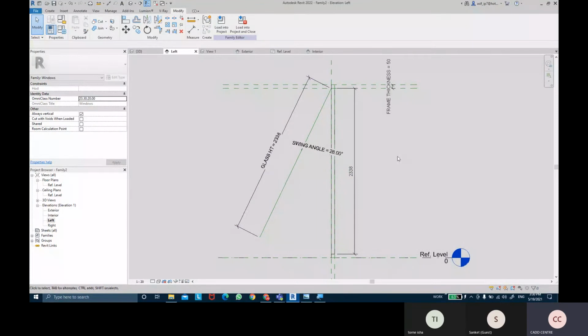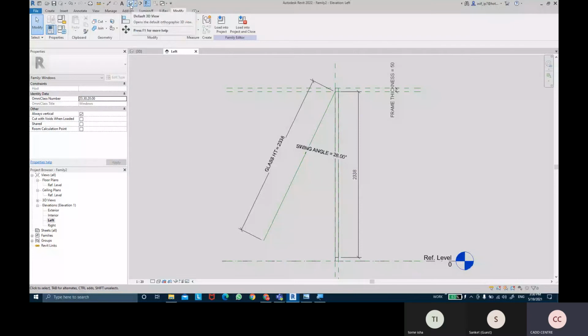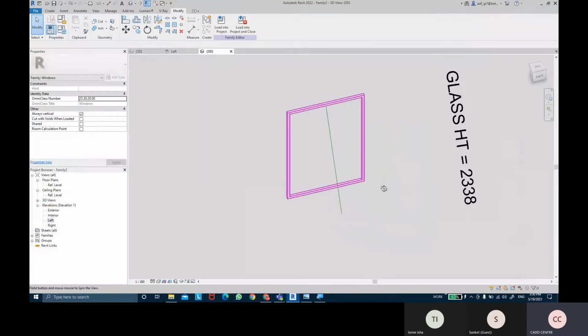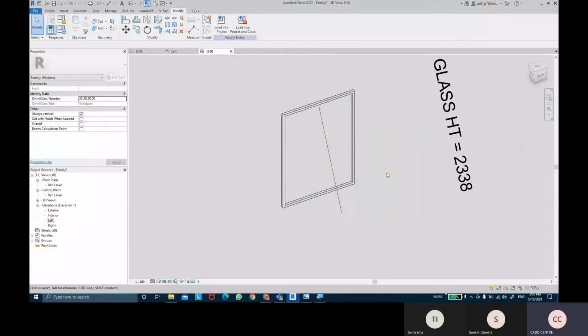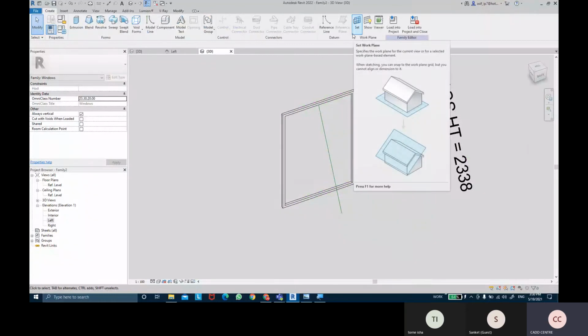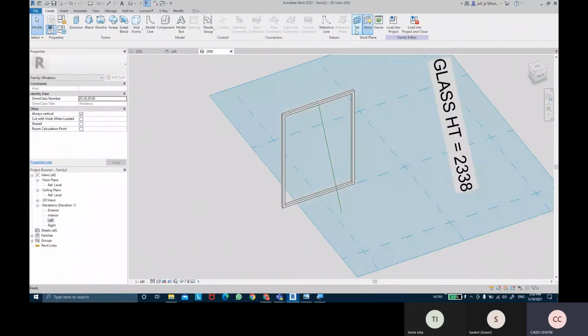So to create the glass for the awning window, I'm going to come into my 3D view, and now I can create the glass shape. Now before I create the glass shape, I'll come into create and take this option called work plane, set work plane.